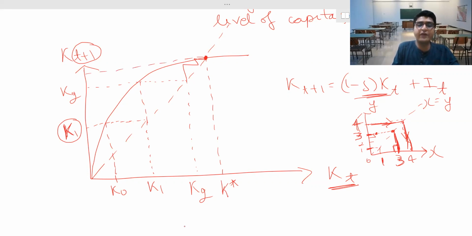क्योंकि यहां पर 45 डिग्री की लाइन और कैपिटल एक्यूमुलेशन इक्वेशन के ग्राफ एक दूसरे को इंटरसेक्ट कर रहे हैं, it will again give you the same point. ओके, तो यहां पर K स्टार आ गया, K स्टार से आप वापस अगर इसको नीचे लेके आओगे तो वही पॉइंट आ जाएगा। ओके, तो this will keep on happening. एक बार आप यहाँ K स्टार पर आ गए, एक बार आप इस वाले स्टेडी स्टेट पर आ गए, it keeps on happening, और अब आप यहां से कहीं और नहीं जा पाओगे। That's why it's called a steady state, this is a constant state,